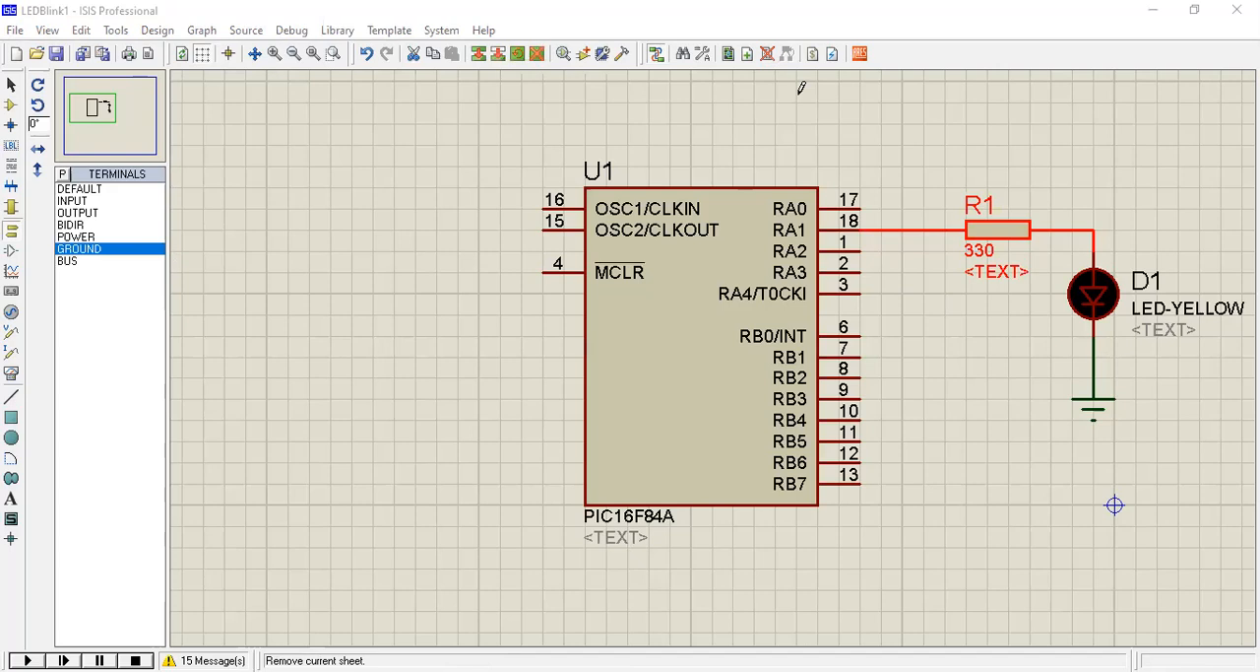So are you able to open this Proteus? So no. Okay, then what we will do is